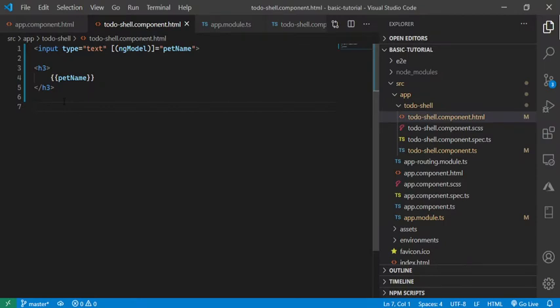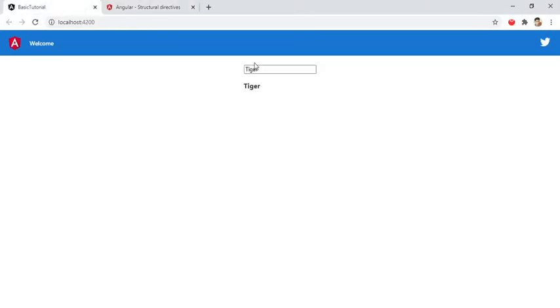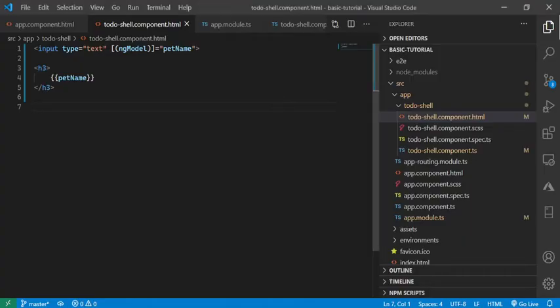To be simple, for example, if I want to show this h3 tag, or if I want to hide this h3 tag in some cases, or even if I want to repeat this tag more than once, those kinds of manipulations, add and remove kind of stuff, we can do using the structural directives. So let's get started. For example, we can see the output of the current UI. So we have some text boxes and some h3 tag from the previous examples or videos.